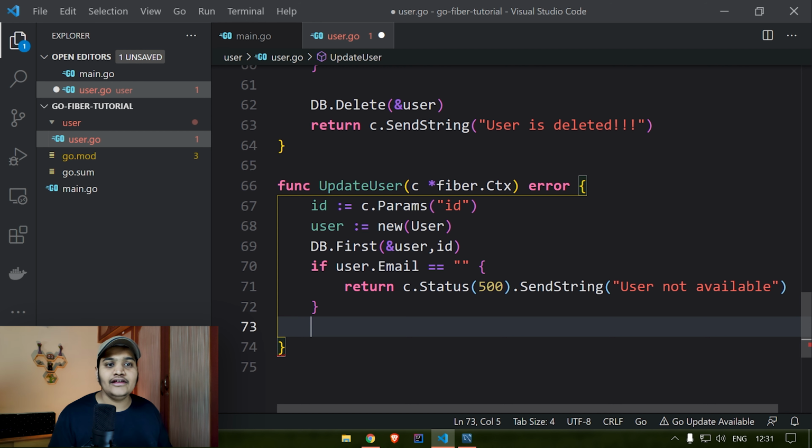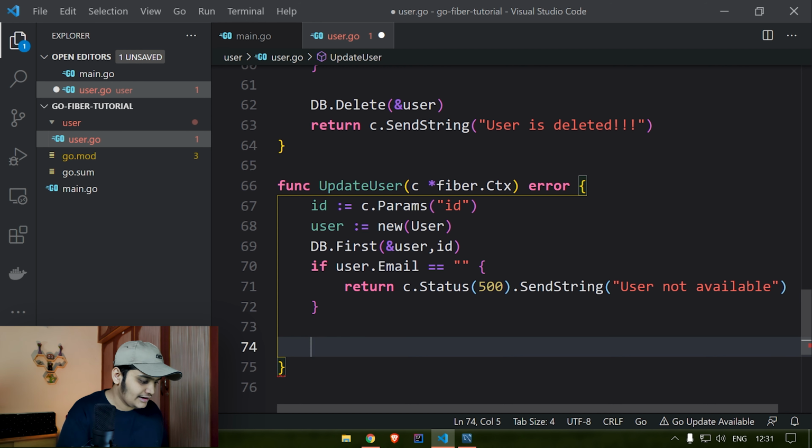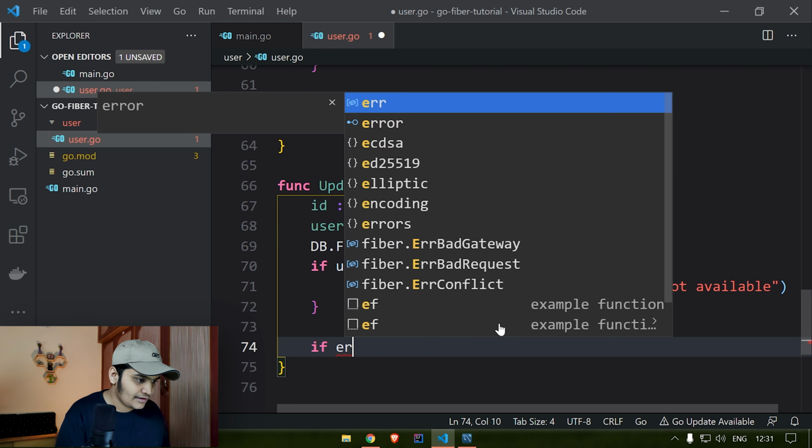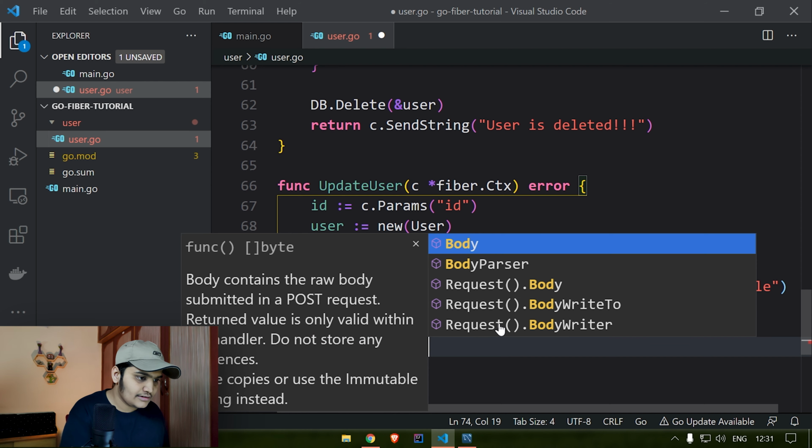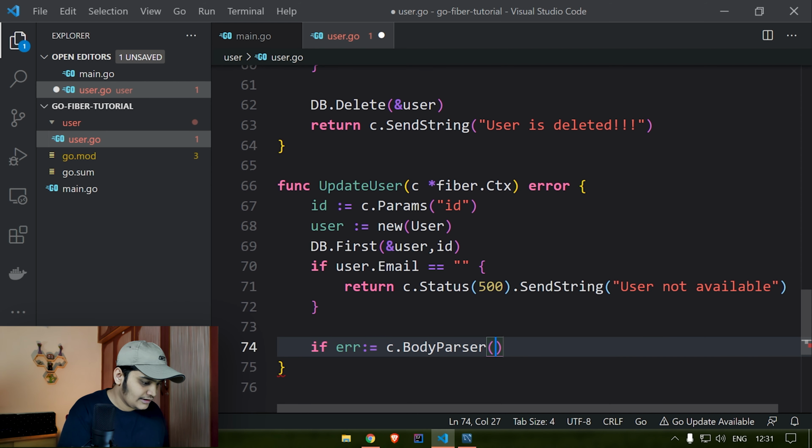Now we need to take the data from the body as well. Okay, so let's do that. We'll say if err equals c.bodyParser, and I'll pass the user over here. And if err not equals nil, that means there is some error.